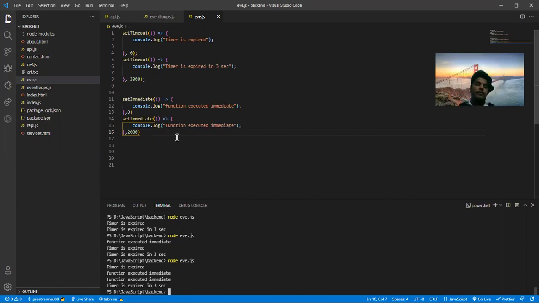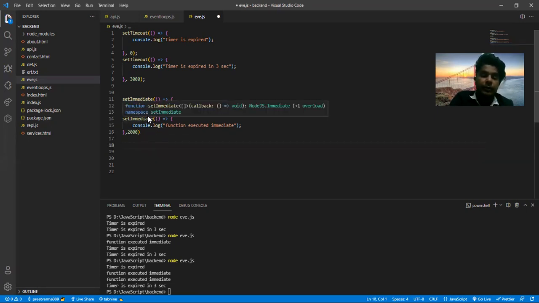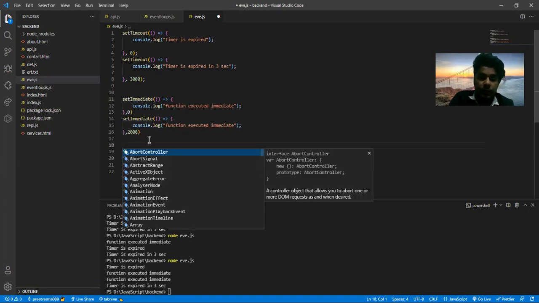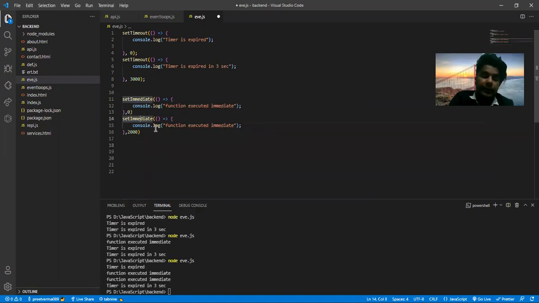See, the setImmediate function execution will be an immediate value, which means no matter if you use a 2 second timer, a 2 second timer and a 3 second timer, no matter. If we use the setImmediate function, it executes the program immediately, anywhere, and very fast. Now,